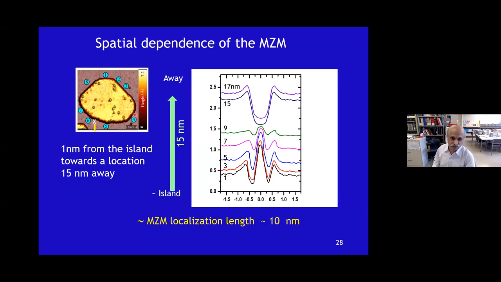Whereas on the side, if you move this direction, I already showed you, the nicely hard gap is maintained in all these regions. So in that sense, we can say that the localization is on the order of 8 to 10 nanometers for these things. Once again, I should point out that the actual Majorana peak would be somewhere here, main region, whereas we are not able to tunnel into that. So what we see is the tail of the Majorana. If you go a little bit closer, or rather, if you're able to do on top of this, your peak will be much better defined. We are already away by about probably 2 or 3 nanometers.